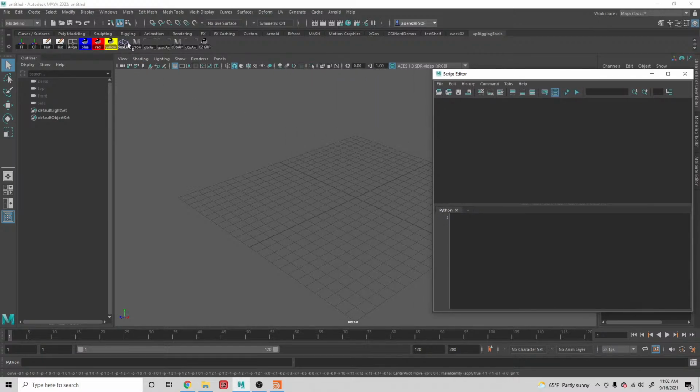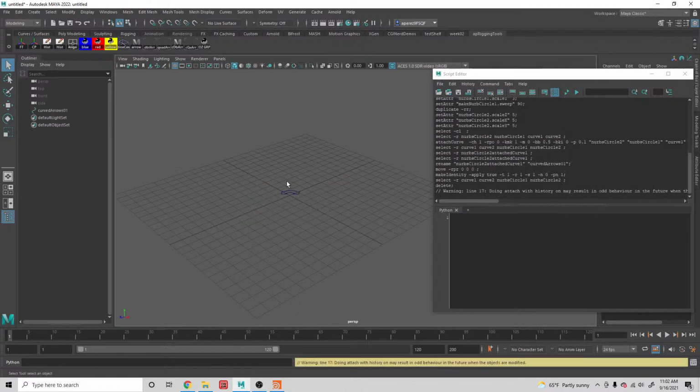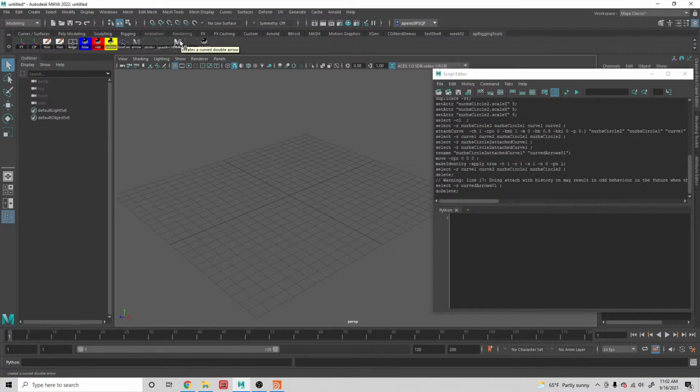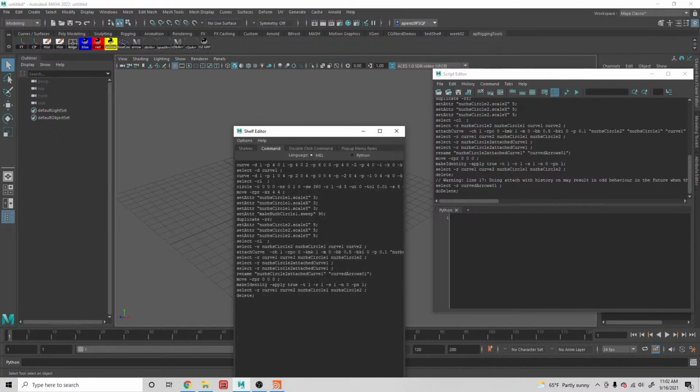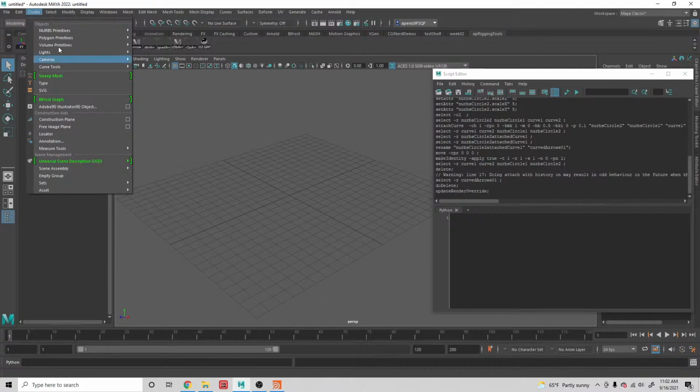So I want to build a tool. I have these scripts that I have over here, and I'll build them again from scratch just so that we can kind of see how they are done. These were actually just copied and pasted actions from the history. If you wanted to do that and make a tool out of it, I can show you really quick. This is kind of like a shortcut tool making for some things that are going to be repeated exactly the same way, but not necessarily